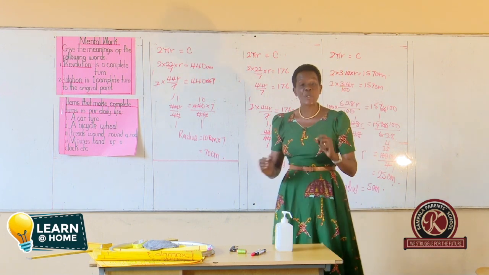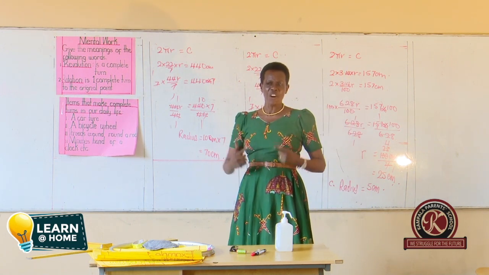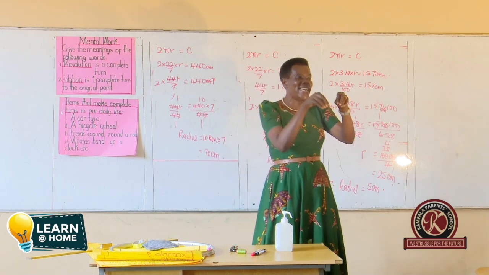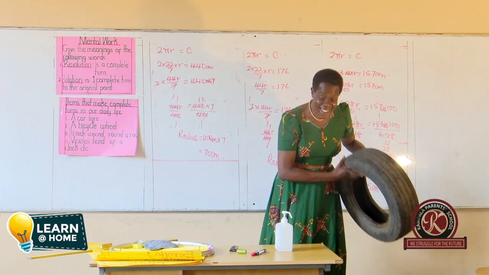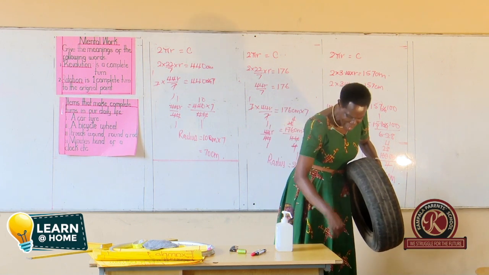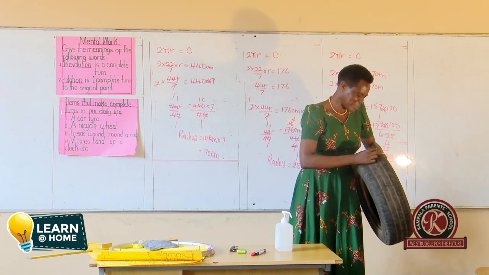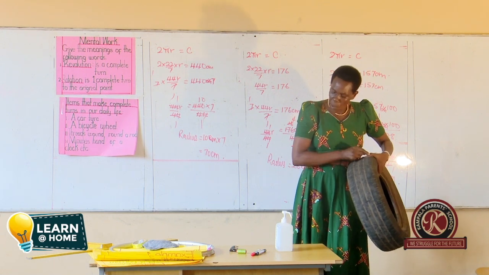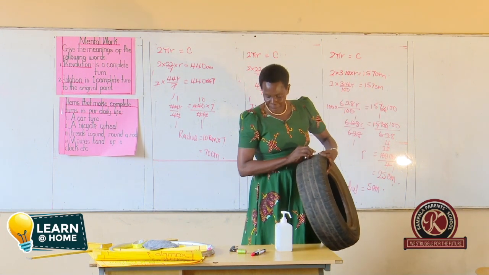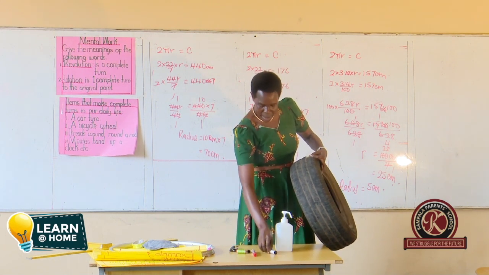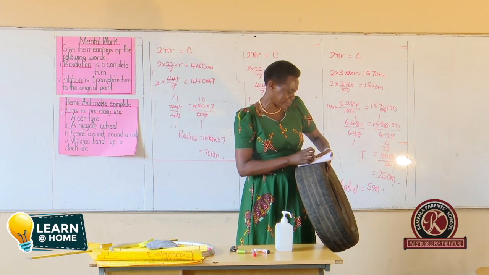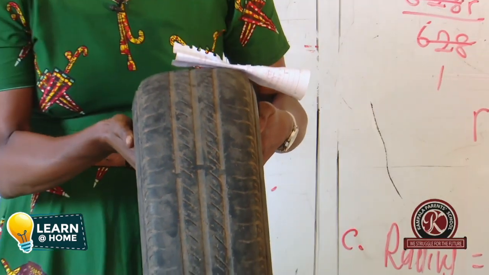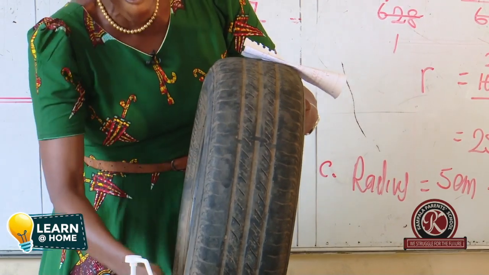We are today going to apply that knowledge of circumference in our daily life. That's why you see Mrs. Okwe with a tire. If I'm to put something here, I want something which can be seen when this tire is rolled. Then we put this big piece of paper here. This tire, the distance round this tire